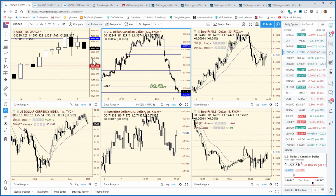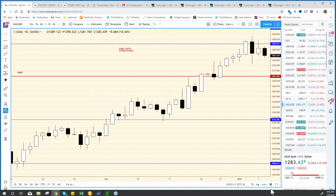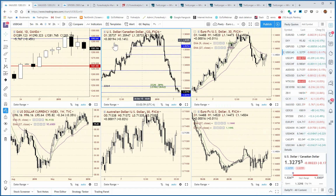Finally, we've seen gold go and pare back a little bit. It certainly looked like it wanted to make one more run up here. We're looking here in the daily. It made just one more run yesterday, trying to come right back up here into this level, and we've somewhat pulled back. We actually have pulled back a decent amount. The 1304 was still open. We couldn't make the most of that when the dollar was